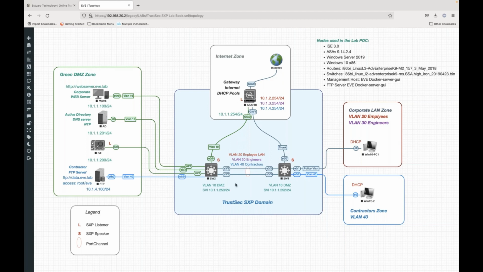You will implement end-to-end TrustSec via DNAC. This one is not through DNAC. This is just a TrustSec lab where I'll show you how TrustSec works and how SGT, security group tags, work.